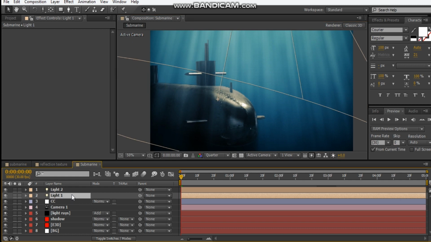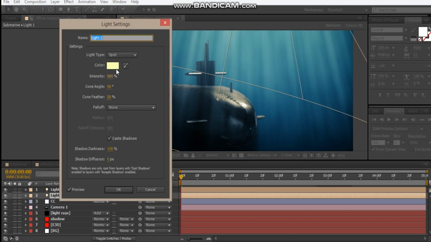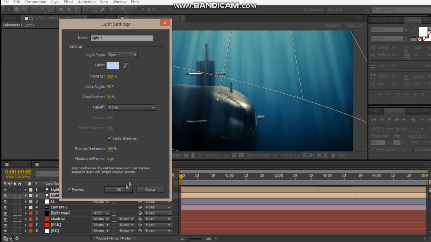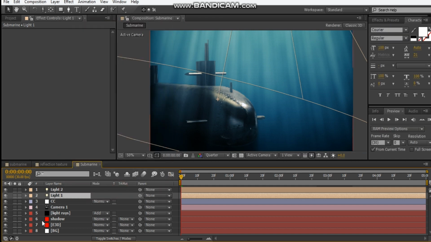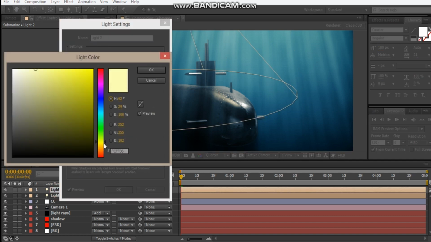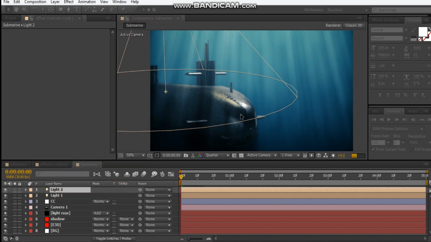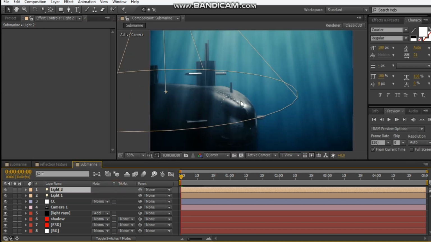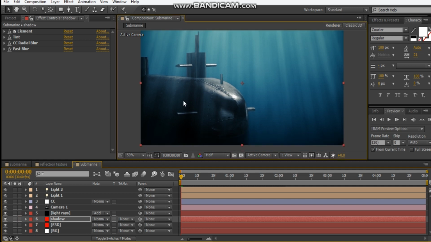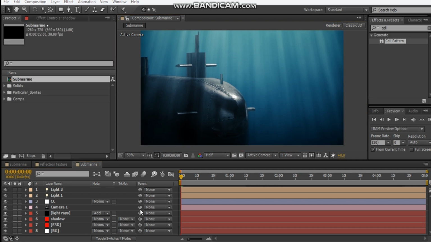We might adjust the color of the lights, maybe a little bit of blue, so that matches our sea a bit. Same goes for this one. That's looking good. Okay, so we gotta make a reflection texture, so let's make a new comp, so Control N,